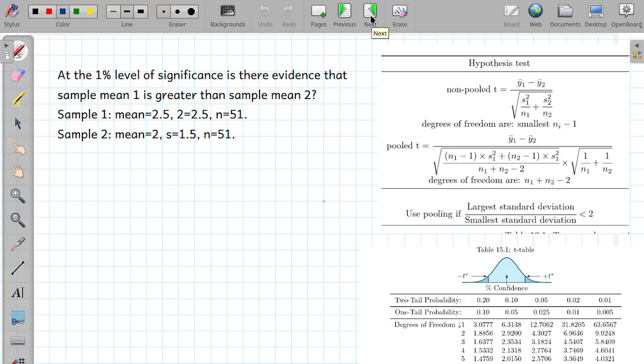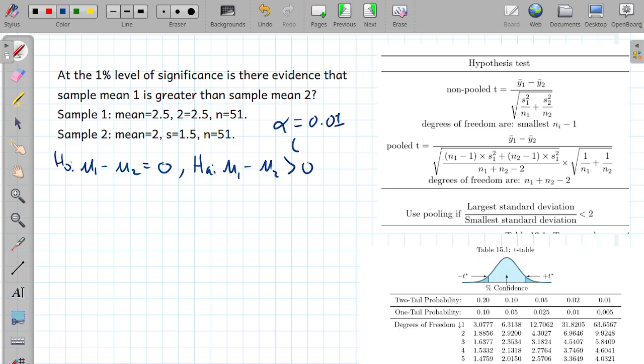So at the 1% level of significance, is there evidence that sample mean 1 is greater than sample mean 2? And of course there's our numbers that we're going to work with. Let's write out the hypotheses. H null has mu 1 minus mu 2 is equal to 0. The alternative hypothesis is that mu 1 minus mu 2 is greater than 0. Now 1% suggests that alpha is that, and the critical number that goes along with that,